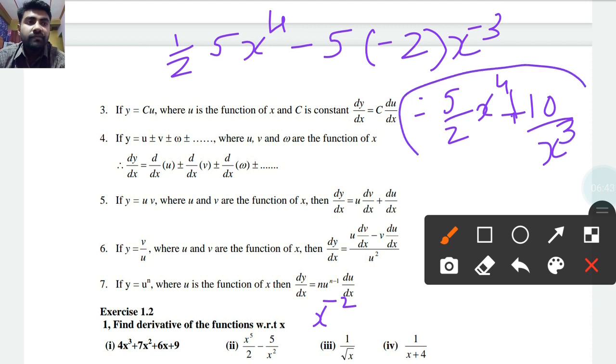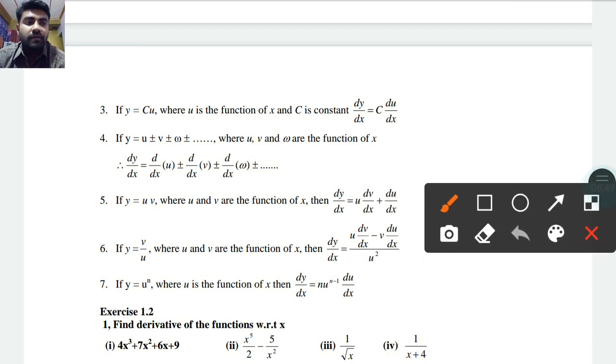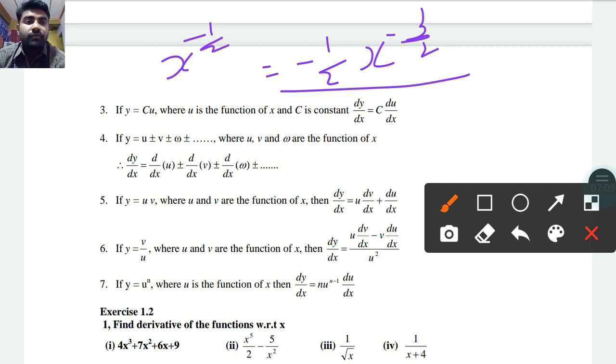So this is the solution of this second equation, right? Now moving on to this third equation, 1 upon x raised to root x. So we can write x raised to minus 1 by 2. Differentiating, power ahead, power minus 1, so that will be minus 3 by 2, right? So that is the solution of this equation.